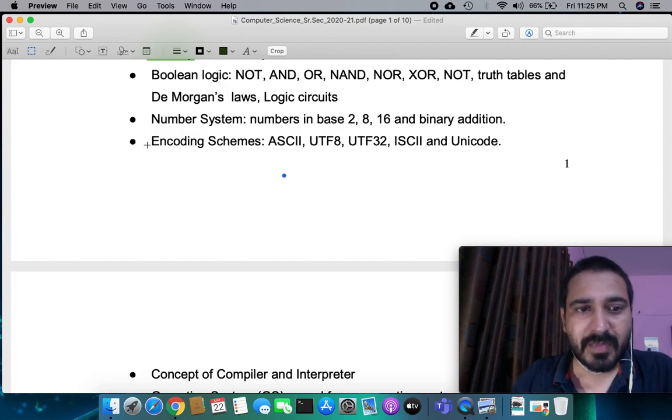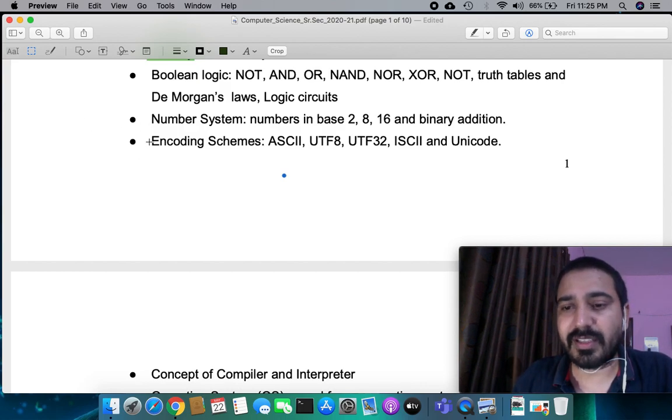Don't worry about this. Now come to the encoding system, encoding schemes. Many students think that it's out of syllabus, or that it's not interesting stuff, or that they are not going to use it anytime soon in their career. But it's not like that. So let's understand the encoding system in the simplest possible language. Like I have a car, and my car's registration number is UP14BL6200. So this is an encoding.